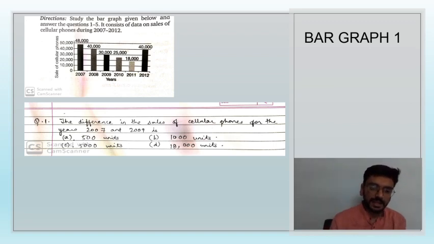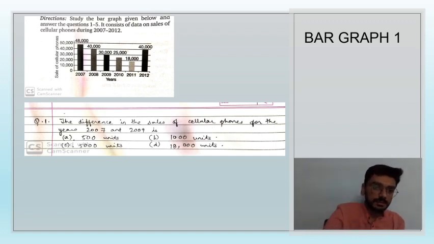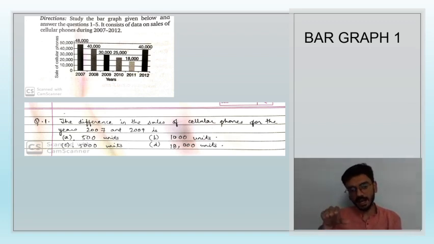Just linking with the theoretical aspect first, you can see that these are rectangles plotted in a Cartesian system of x-axis and y-axis. The length varies and the length basically tells the frequency. So the highest number, for example, just by looking at the bar graph, 2007 has the highest plotted rectangle, 48,000. That means it is a more frequent observation in comparison with the year 2008, wherein it was just 40,000. So the 40,000 bar is a little lesser in height in comparison with the 48,000 plotted in 2007. One more thing is the width. The width of all these bars is equal, as I have mentioned in the theoretical aspect.